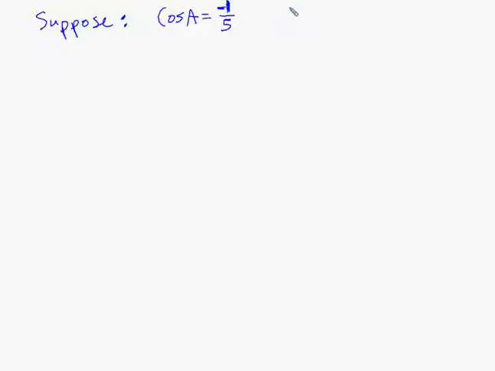And cosine of B, let's say, is negative 2/3. And we'll say both angles are in quadrant 3. Now this is an important extra piece of information here, because this tells me whether sine